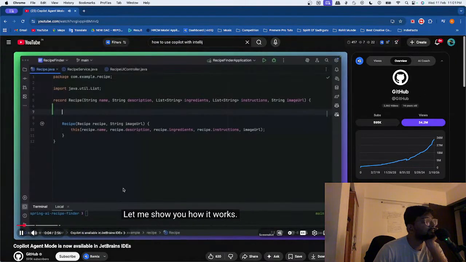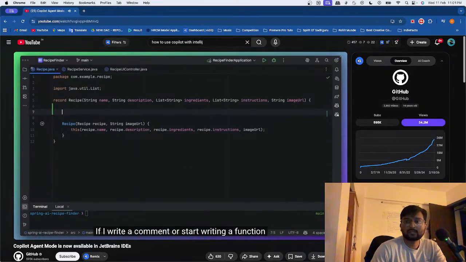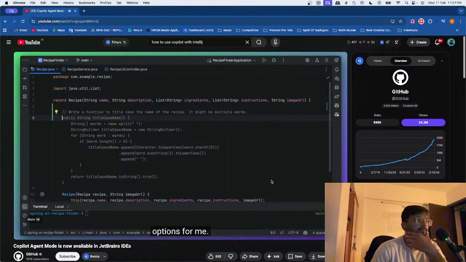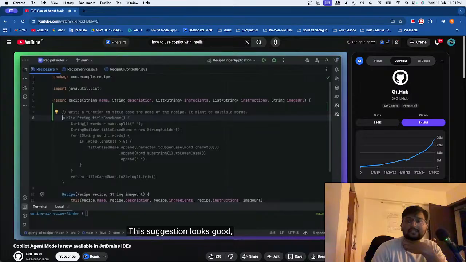IDEs. Let me show you how it works. Let's start with code completion. If I write a comment or start writing a function, Copilot can step in and suggest code completion options for me. This suggestion looks